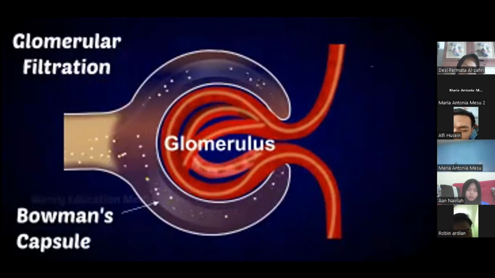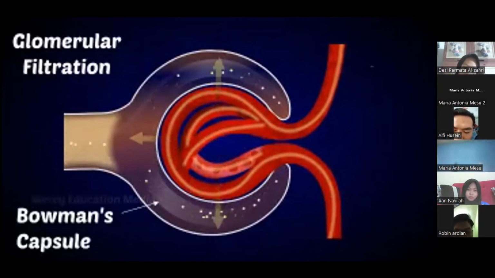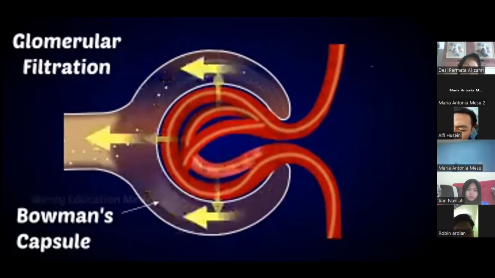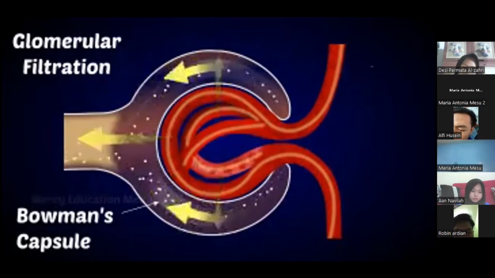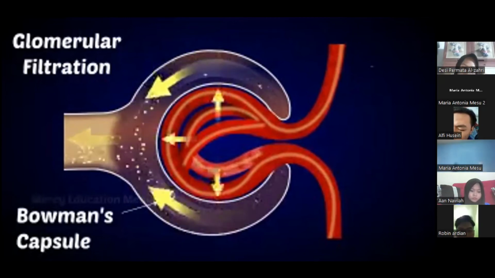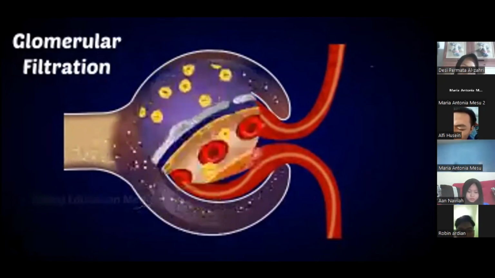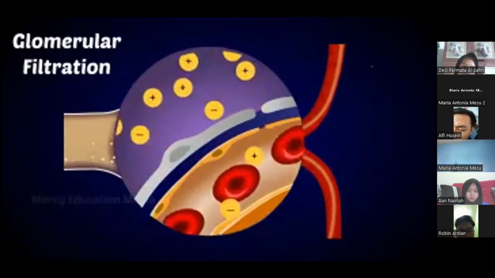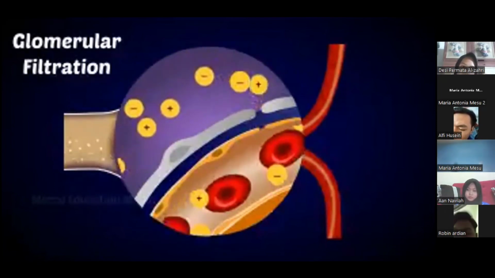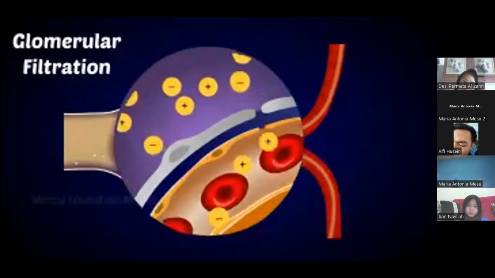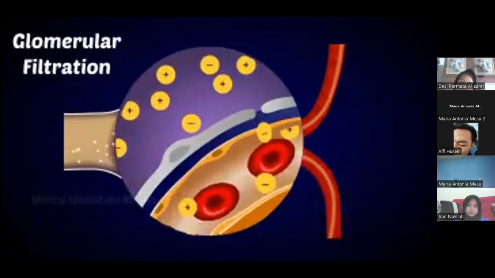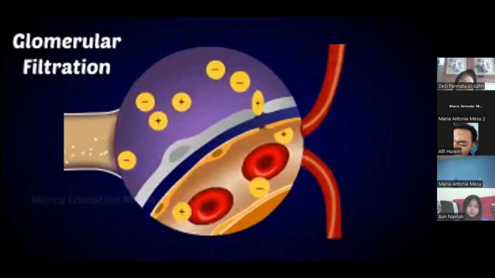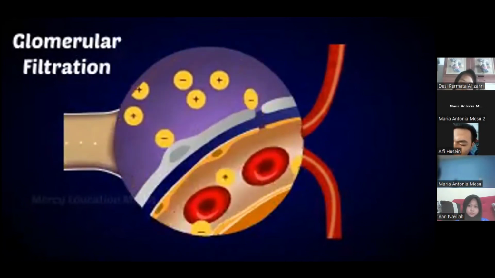This results in an increased blood pressure, which forces the plasma-like fluid from the blood into the Bowman's capsule and into the tubules. The fluid, or filtrate, includes many positive and negative ions of many elements. The filtrate does not have any proteins or red blood cells, which are too large to pass through capillary membranes.